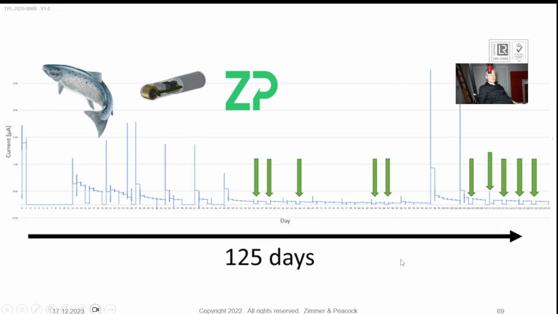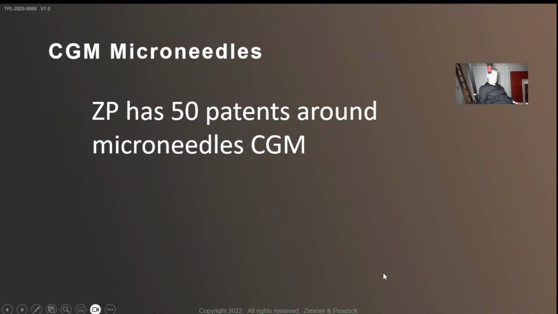So I would say that what we have today has primarily been used in fish. It's not certified for implanting into humans, and we wouldn't, because it's got some batteries in there that we would really have to engineer out. Too much of a risk.